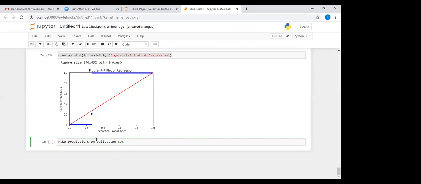We have done predictions on the training set. We need to do validation on the prediction set. How to do that prediction?